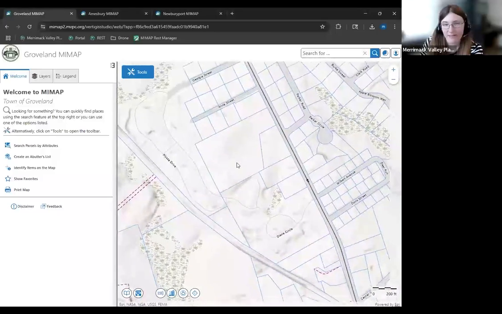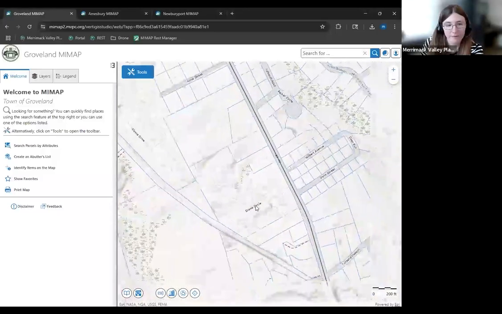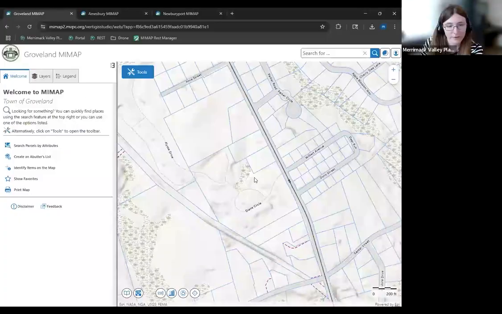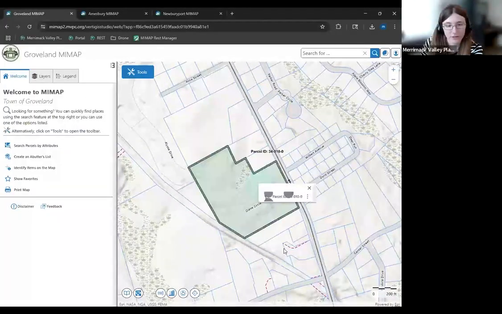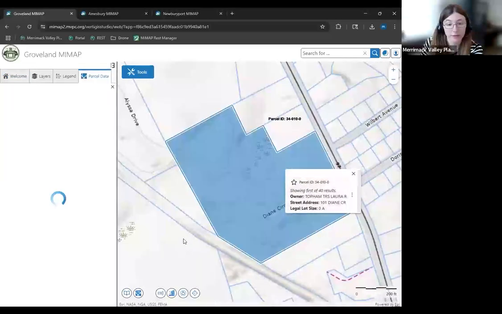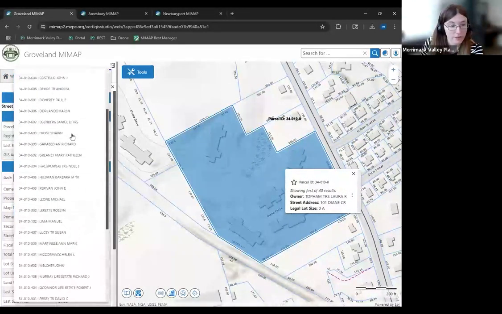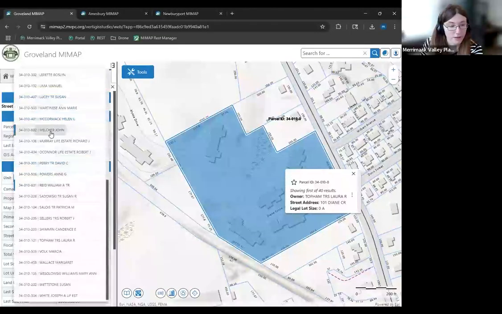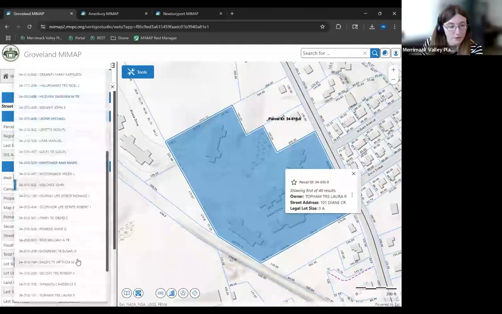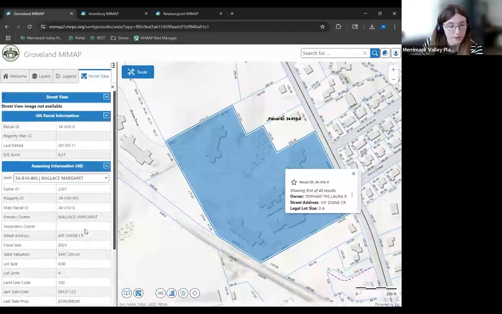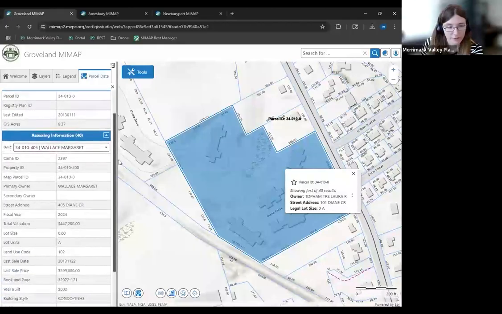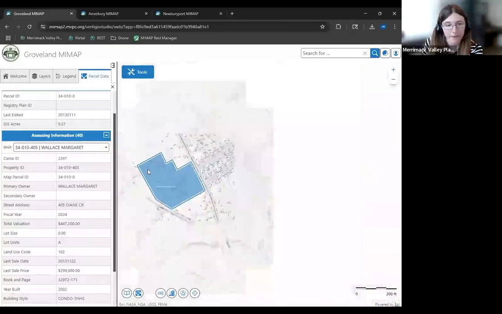I can review the abutters list again. Before I do, real fast, there is one small thing that I forgot to mention, and that is when you click on a property that has multiple records associated with it, like a condo, you will get drop downs that show all the different records you can go through. So all the assessment information regarding each individual owner. I just forgot to mention that, so I wanted to make sure you knew that was still in there, and you'll notice here that it will pop up with more than one result.